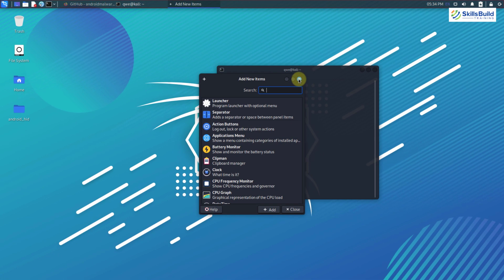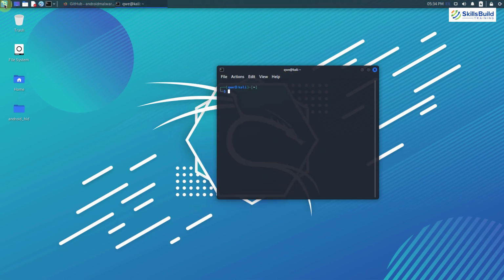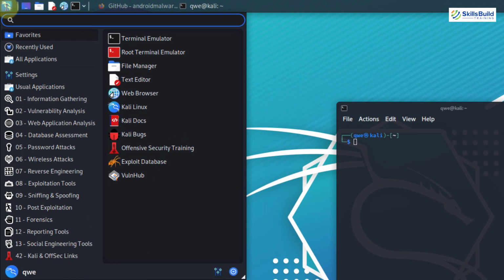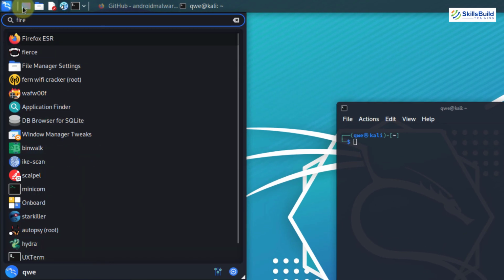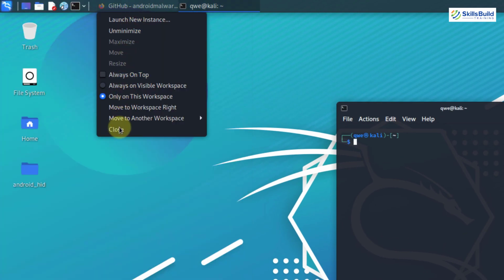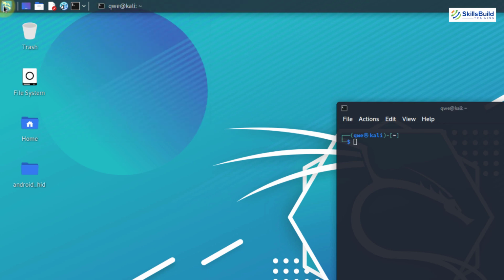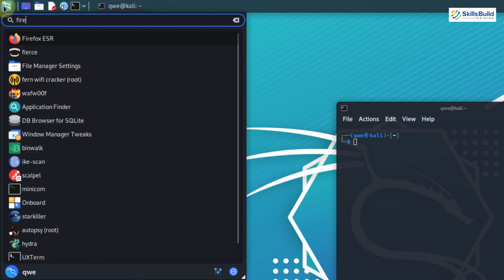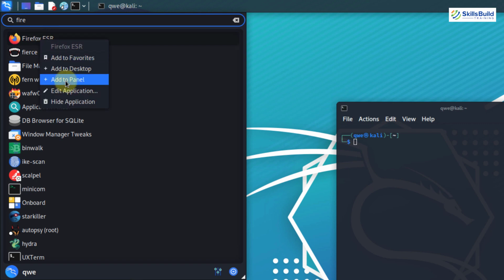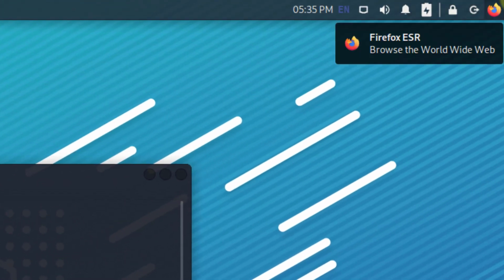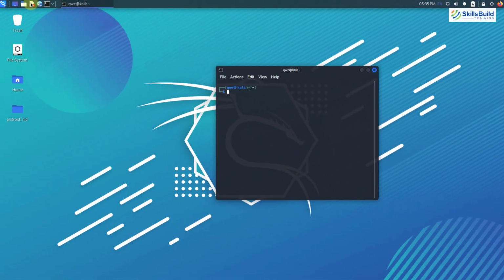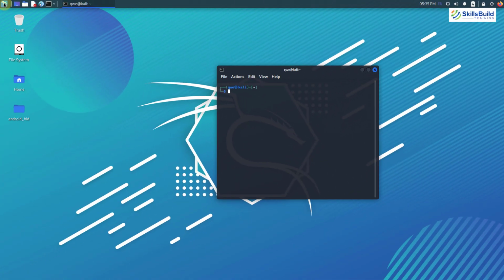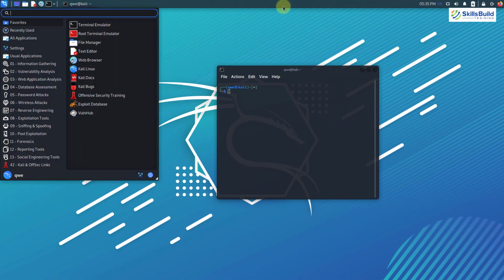There is another way that you can use. For example, go to your applications and search for Firefox. Here it is. Let me close my Firefox first. I will just close this one. And now if I search for Firefox, here it is. I will just right click on it, and from here just click on the option that says add to panel. And now Firefox has been added successfully. And here you can see we have Firefox here. So this is how you can add different applications and tools to your panel for quick access.